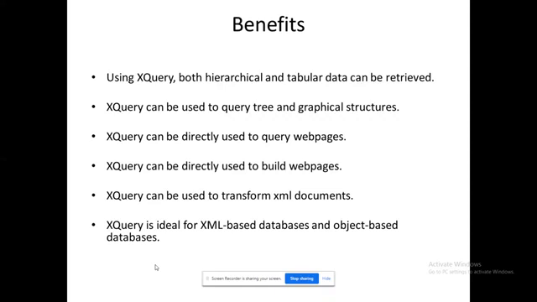Whatever the type of data structure they are following to store the data, XQuery has the power to retrieve the content. That's the idea on this.